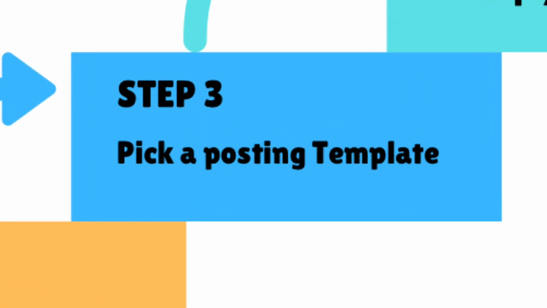So now that we have picked our niche, now we know who our customer is. The next step of this 5-step process is for you to pick a template for posting. Now this is going to make your work a lot easier. If you've already decided what background you want to be using, what type of light you want to be using, what type of content you want to be posting, what type of caption you want to be using, every other thing is going to fall in place because you have a template. You have a structure that you're going to be using for your post.